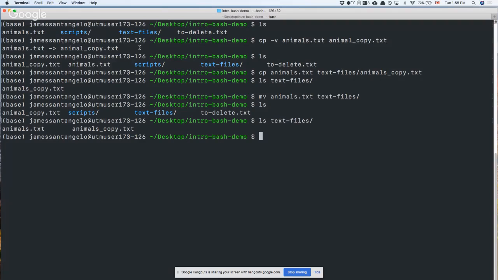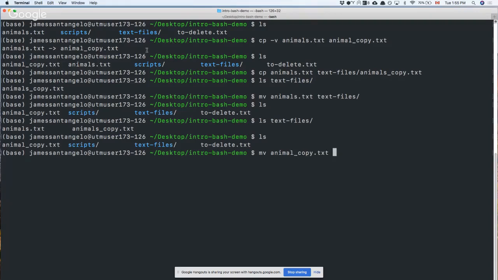Another really useful feature of the move command is that not only does it enable you to move files elsewhere, it's also the same command that you would use to rename files if you wanted to. So for example, I could rename my animal copy.txt to animals copy. What we're actually going to do though is we're going to move the animals copy.txt